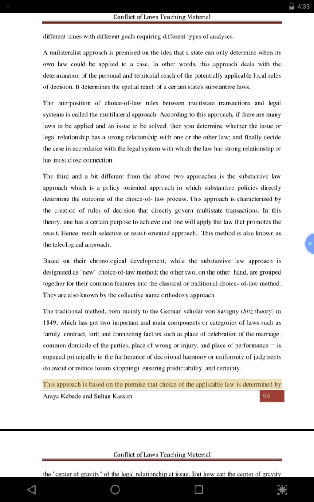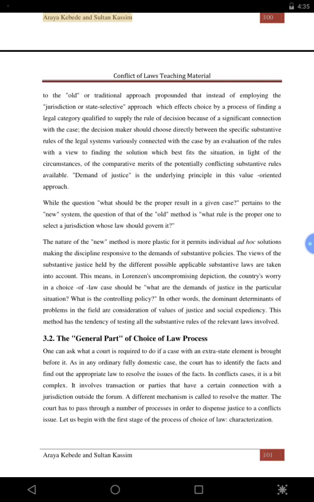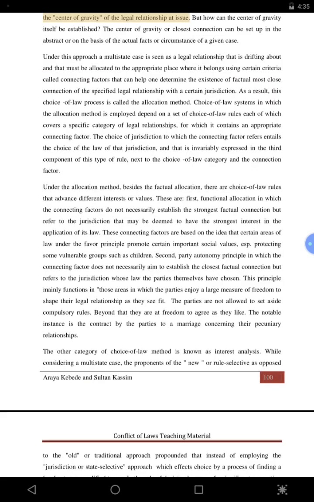This approach is based on the premise that choice of the applicable law is determined by